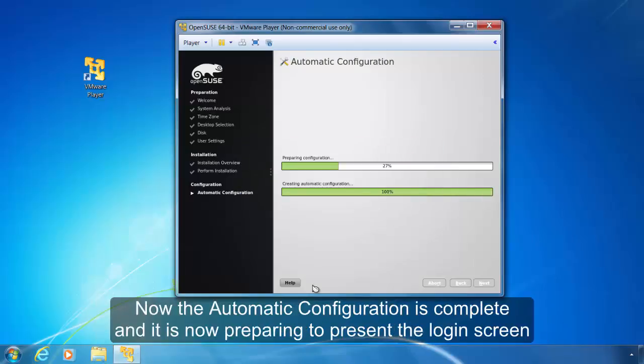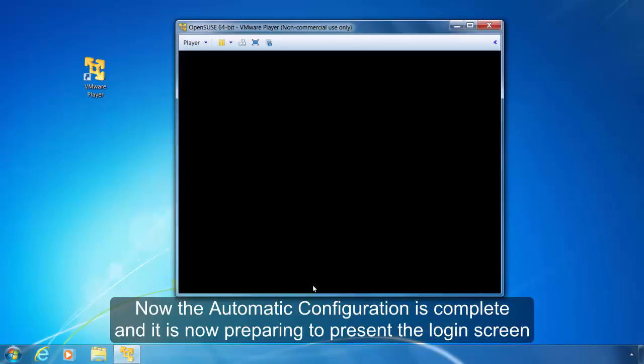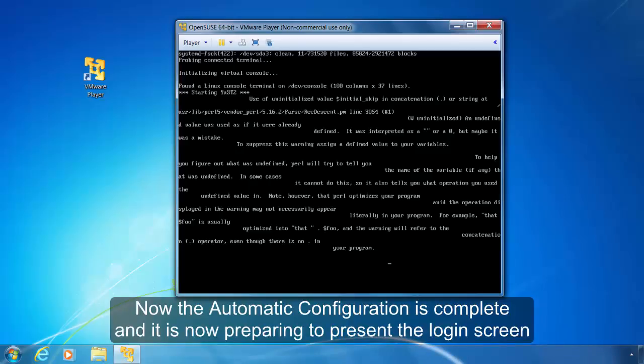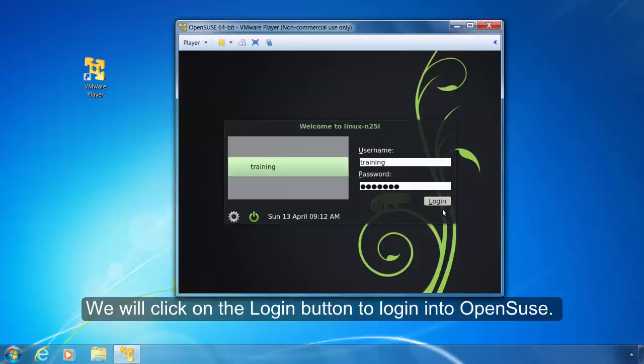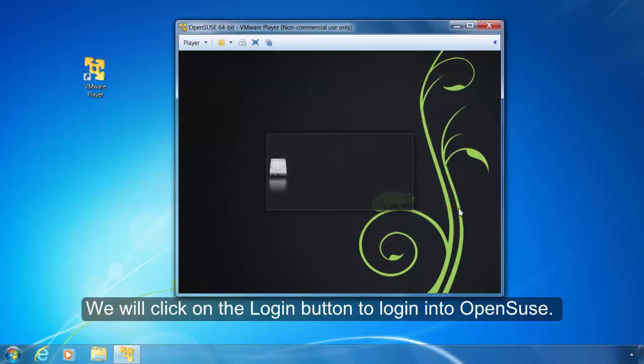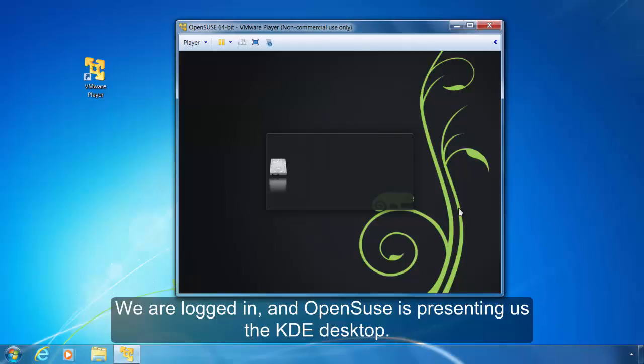Now the automatic configuration is complete, and it is now preparing to present the login screen. We'll click on the login button to log into OpenSuse. We are logged in, and OpenSuse is presenting us